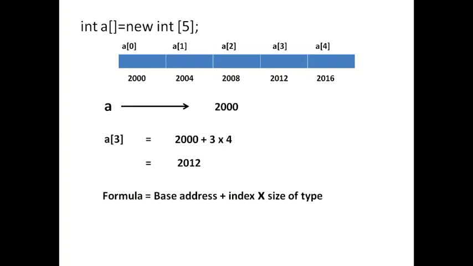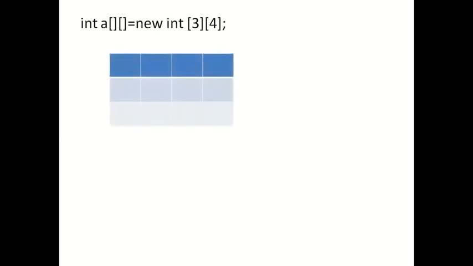This is all you need in the case of a single dimension array, but if you are using a 2D array, we first see what the statement is to create a 2D array. In the Java language, I can create a 2D array with the help of this statement. The statement creates an array having 3 rows and 4 columns, where the row numbers and column numbers vary from 0 to 2 and 0 to 3.